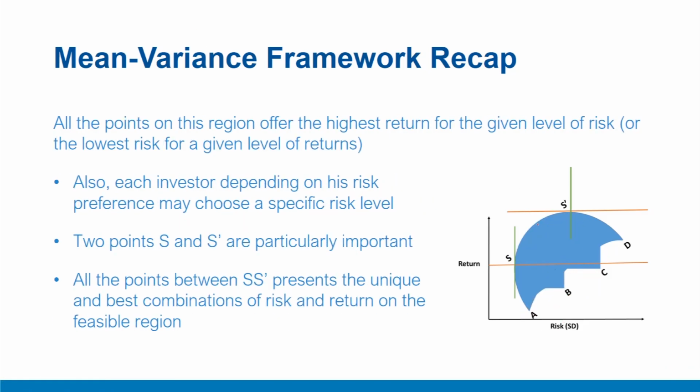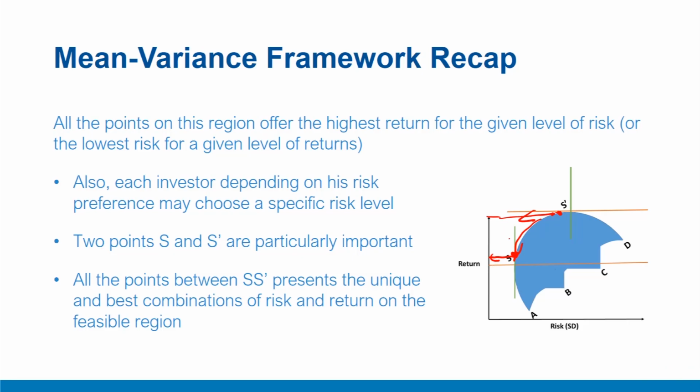While we cannot directly compare these portfolios on this surface per se, individual investors, depending upon their degree of risk tolerance or risk averse nature, will choose a particular point on this surface. For example, an investor who is slightly willing to take more risk would probably prefer a position here, and therefore would also be rewarded by a higher level of return. In contrast, an investor who is not so risk taking, probably more risk averse, would like to take a position here, and therefore would be rewarded with this amount of expected return.